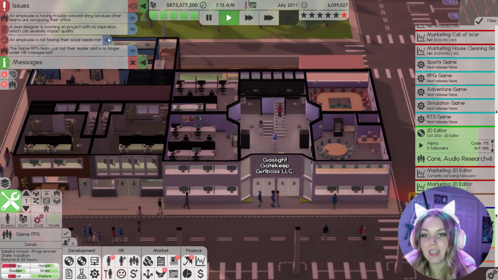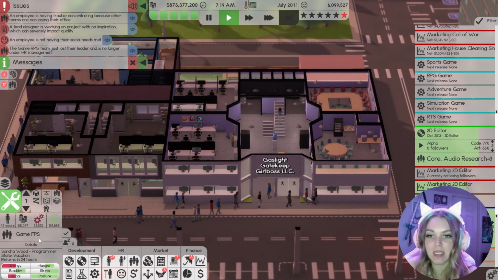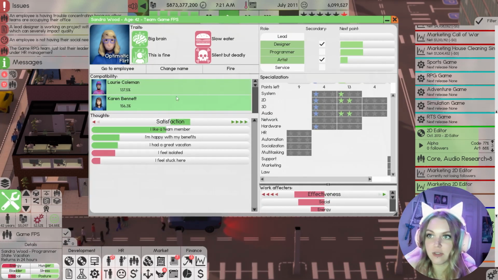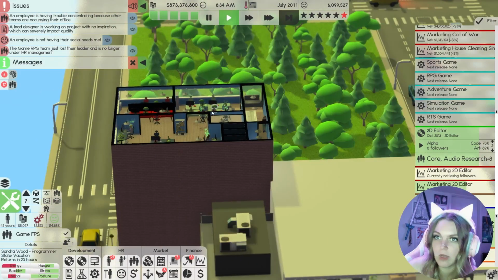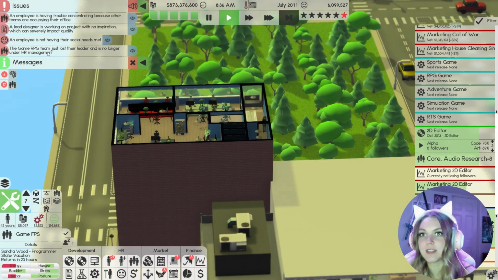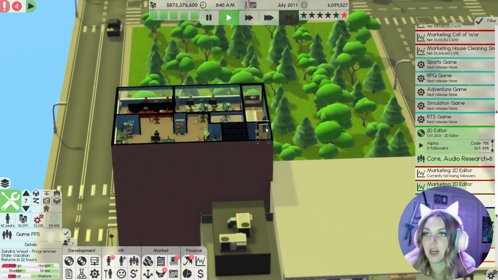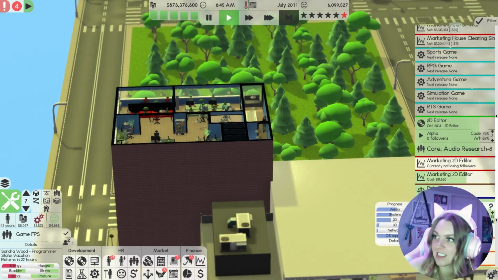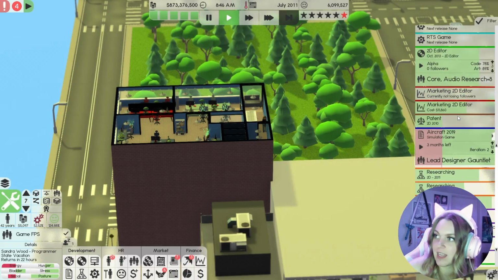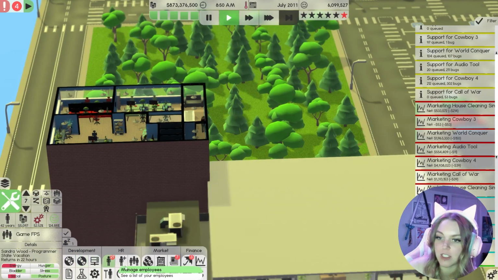An employee is not having their social needs met. That's going to be the game first-person shooter, and I think it's because of Sandra Wood, I feel isolated. Well, I don't know where she is, so that's not my fault. And then our game RPG team lost their lead, so nobody's running HR. But we know that, that's why we're having our lead designer Gauntlet right down here. As you can see, we have a bunch of things queued up, but something I want to check on is